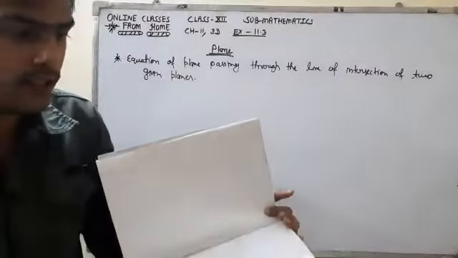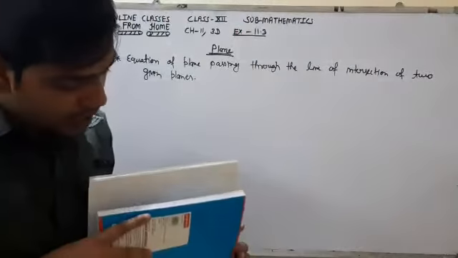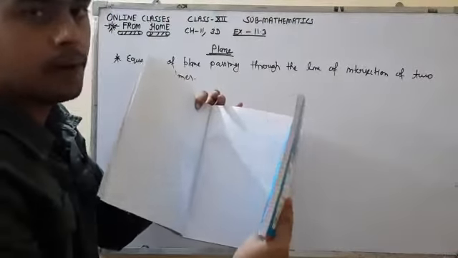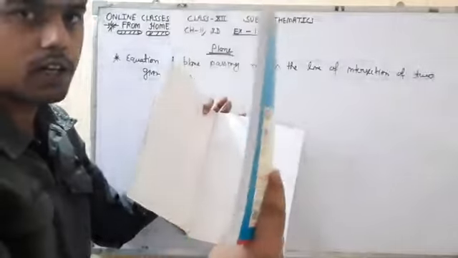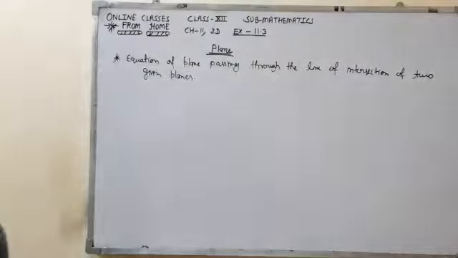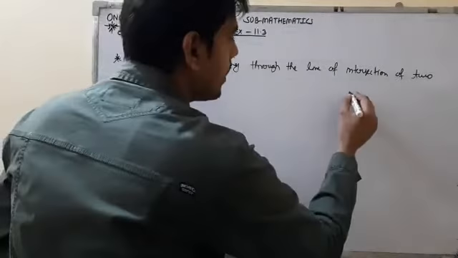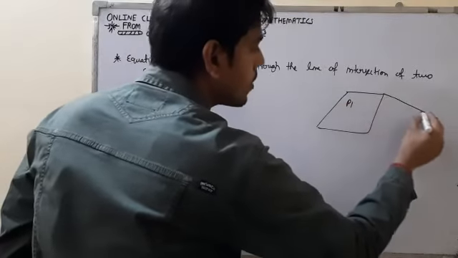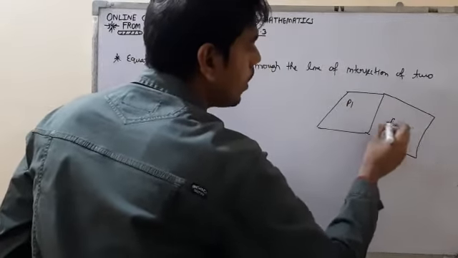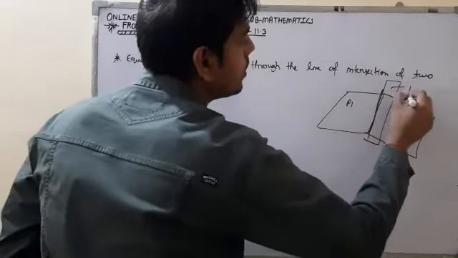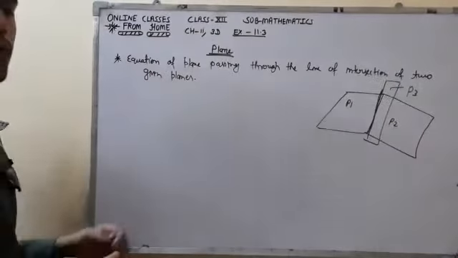Suppose this is another plane which is passing through the line of intersection of these two planes. So that would be like that. One plane, another plane, their line of intersection through which a third plane is passing. So now we are trying to find the equation of this third plane. Suppose plane 1, then another plane, plane 2, and through this line of intersection another plane, plane 3, is passing. Okay. So we will study the equation in both the vector and the Cartesian forms.